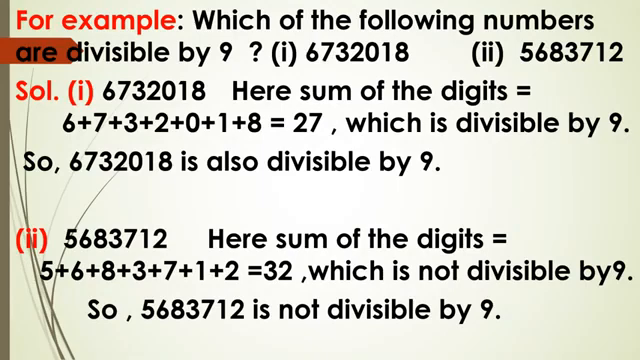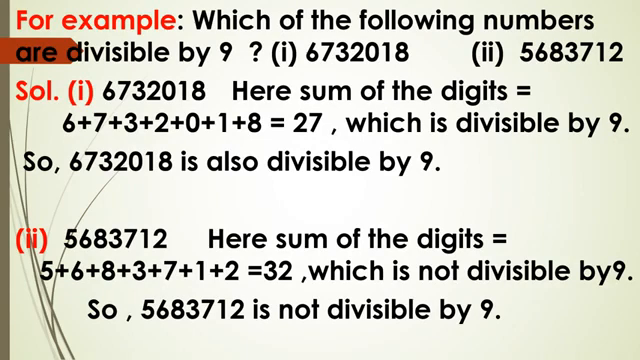56,83,718. First of all, find out the sum of all its digits. 5 plus 6 plus 8 plus 3 plus 7 plus 1 plus 2. Sum of all the digits are